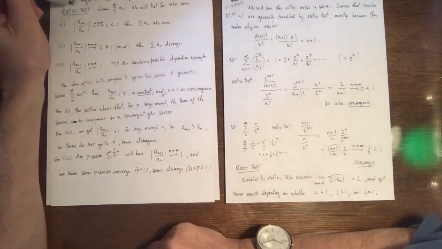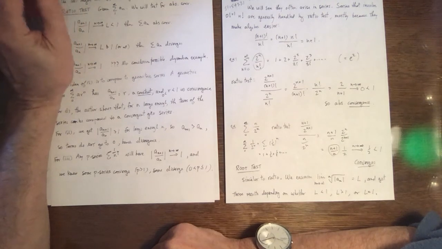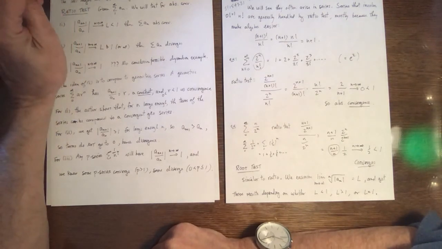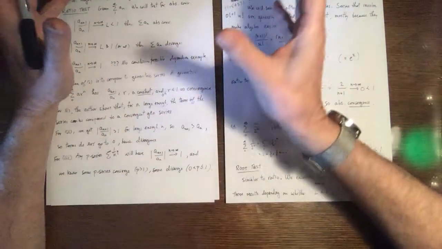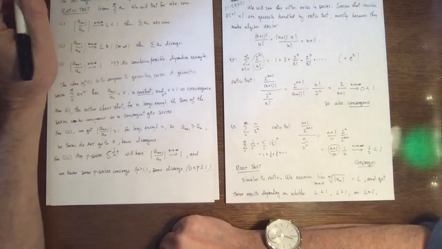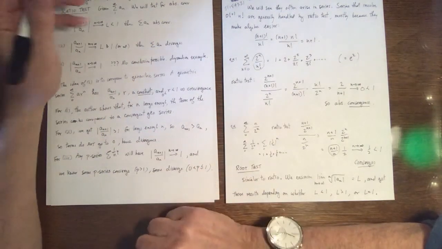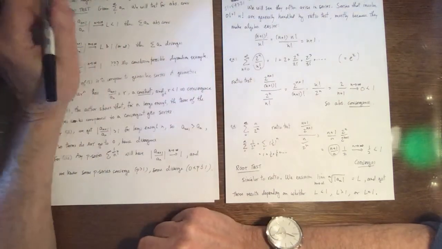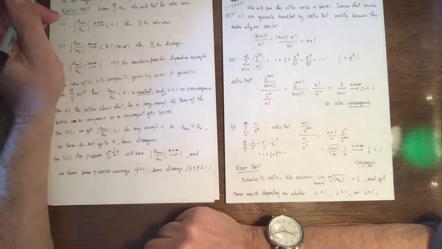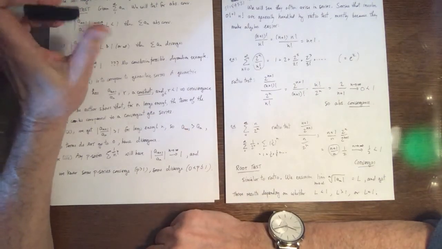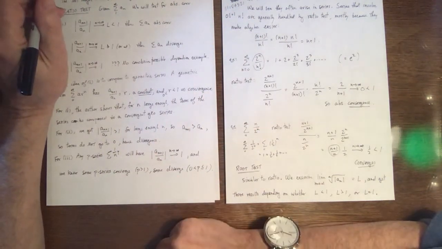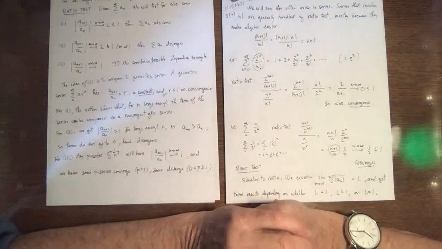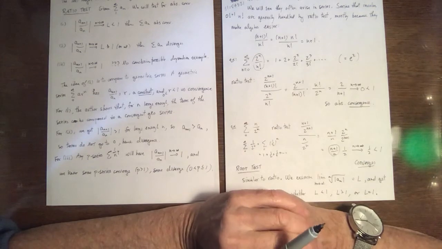This, I believe, is section 11.5 or 6. Can't remember. I think it's 11.6. The next section basically ties everything together. It's like take a breath, and then they just throw a bunch of series at you and try to get you to understand how you would analyze it. What test would you use? If I just give a series, should you use the integral test? Should you use the comparison test, the ratio test? What should you do? So I'll put up some problems from this section and the next section, and then let you try to consolidate your knowledge about how you test for convergence of series. Then we'll go on